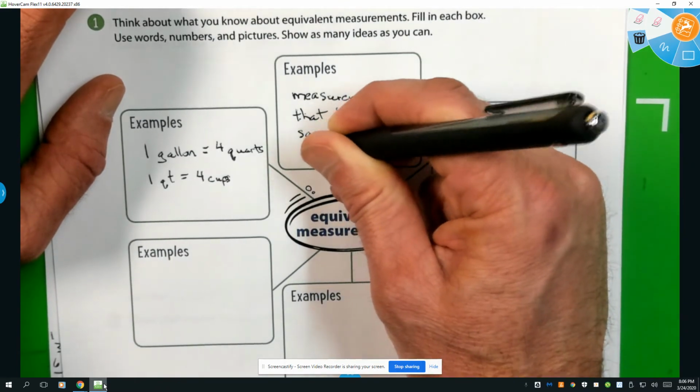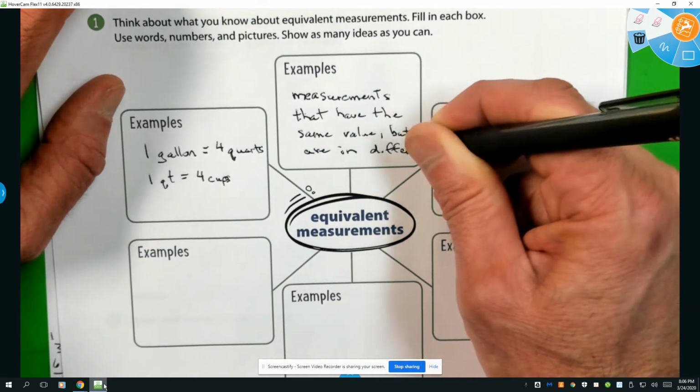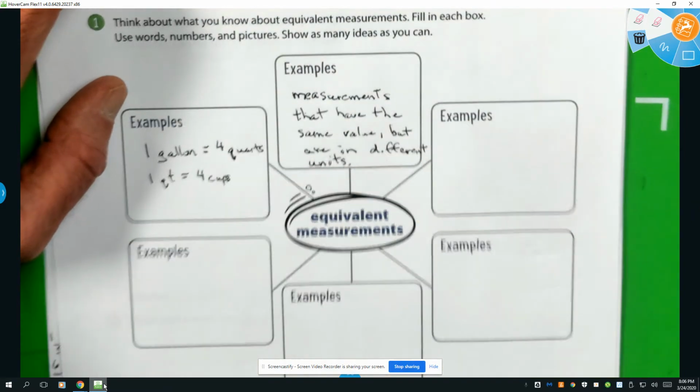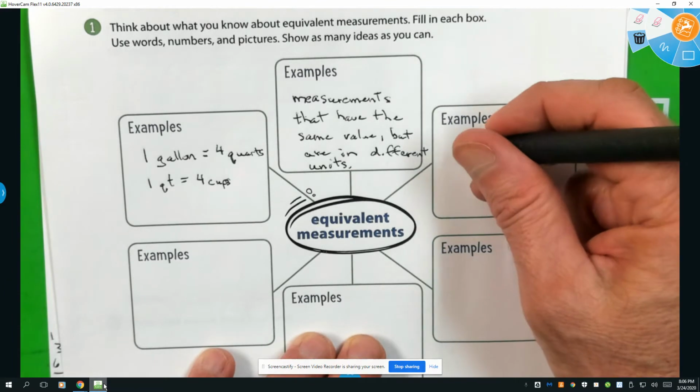Okay, so an example, we have 1 yard right here